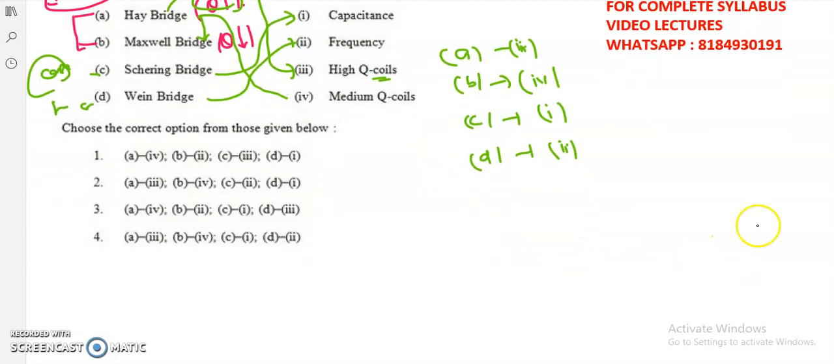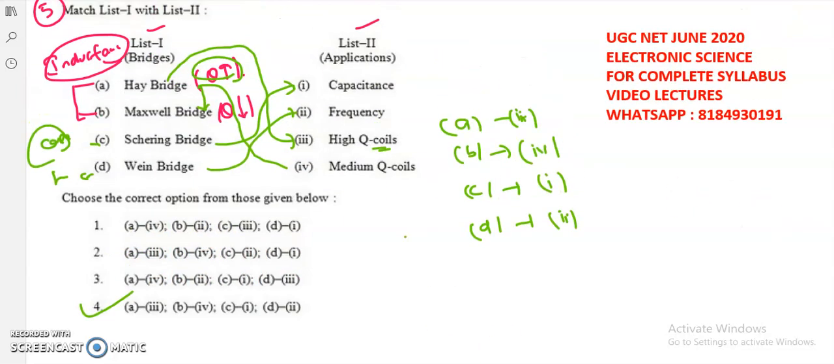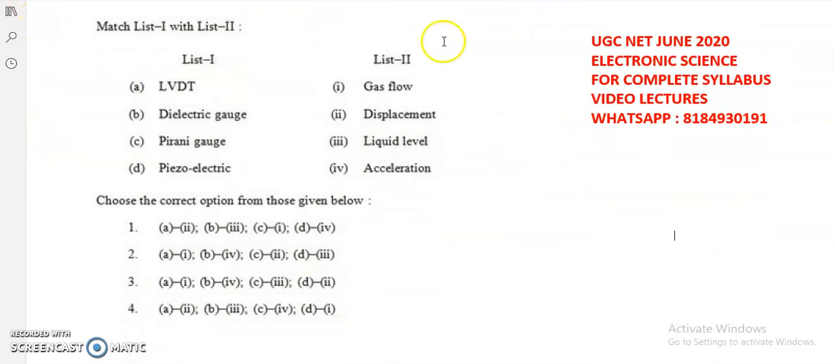So here the order is 3, 4, 1, 2. That means option 4 is the correct one. For the detailed operations and the expressions, please refer to the corresponding video lectures. And coming to the next question,